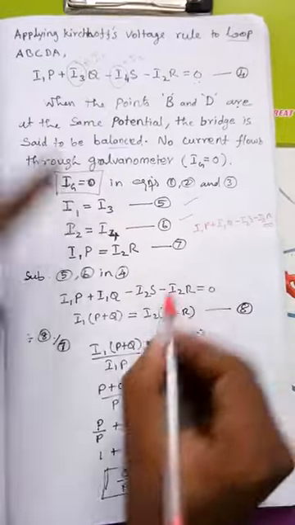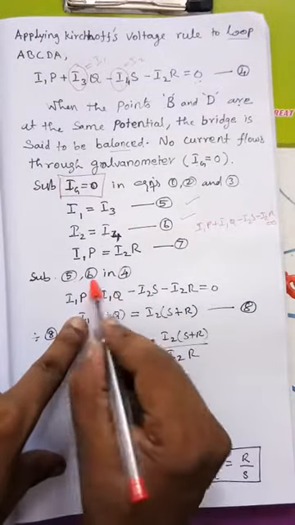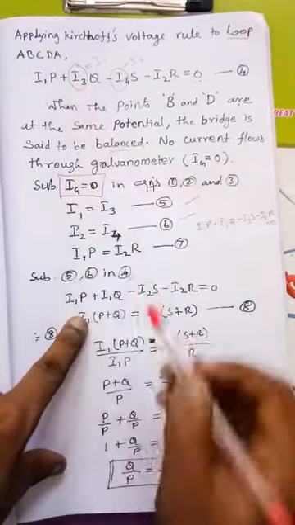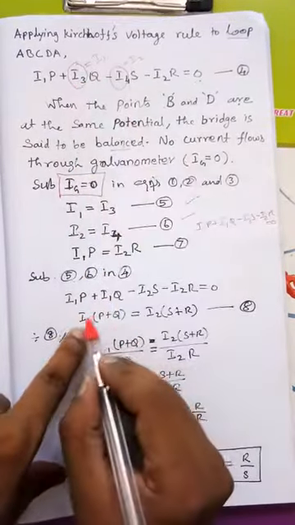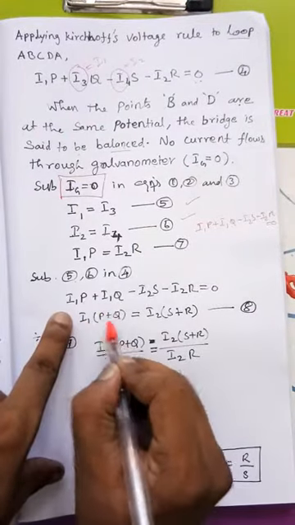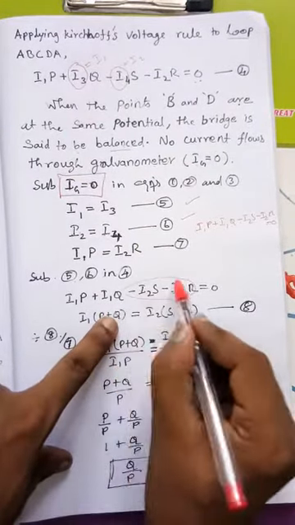These 2 parts you take to the right hand side. See, I1, I2 will change because of 5, 6 in 4: instead of I3, I4 you substitute I1, I2. That's all. So here common I1 you take outside, P plus Q. These 2 parts you take to the right hand side, here I2S plus I2R. So I2 you take outside, S plus R, equation 8. So, dividing 8 by 7.